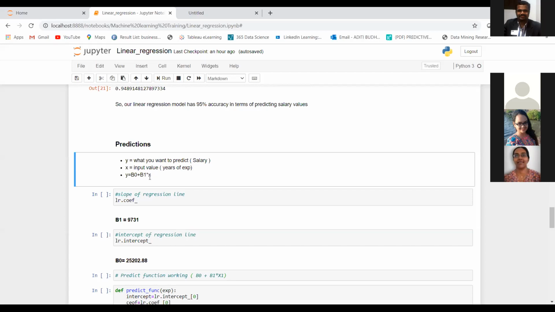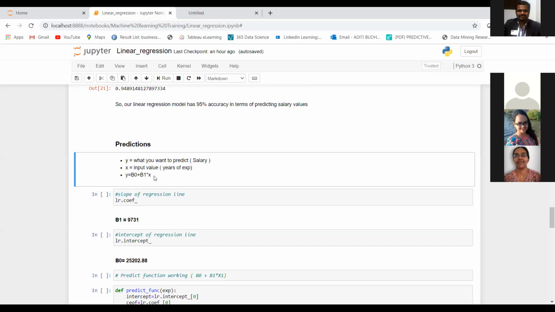So these values, beta 0 and beta 1, are figured out by our model. And how will it make predictions? Any value of years of experience that you have, it will substitute in place of x over here, and beta naught and beta 1 it has already figured out, then it will give you the y value. Do you understand?